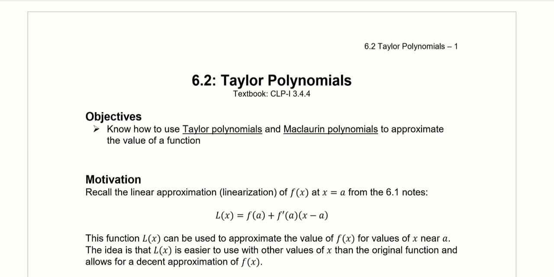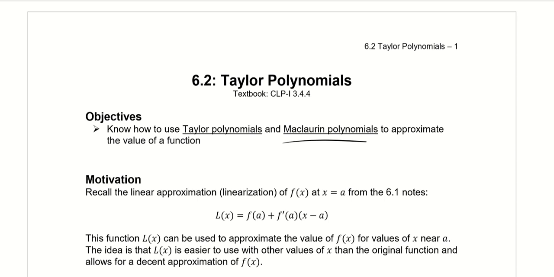In this set of notes, we're basically going to build off of what we did in the 6.1 notes by talking about the concept of a Taylor polynomial. So we're still dealing with this idea of approximating values of a function, just like we were doing in the previous set of notes. So we're going to talk about what this idea of a Taylor polynomial is, along with